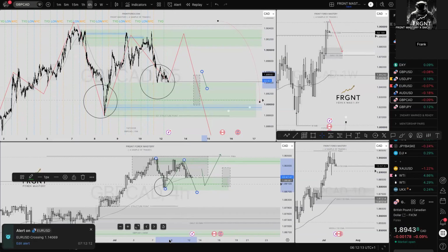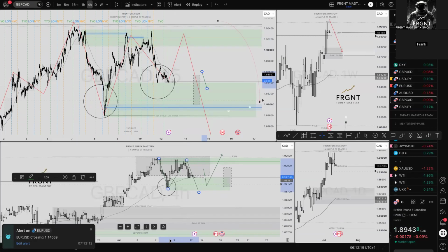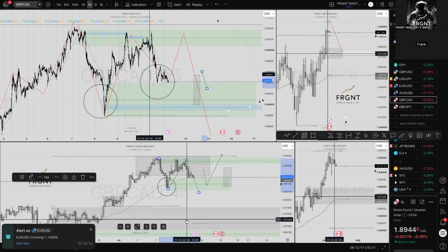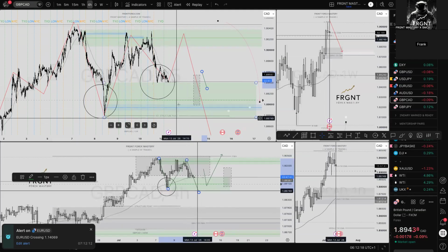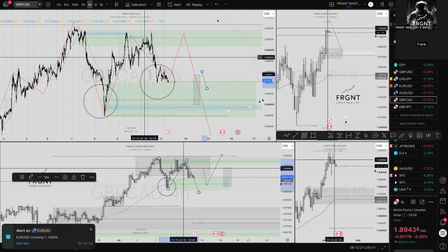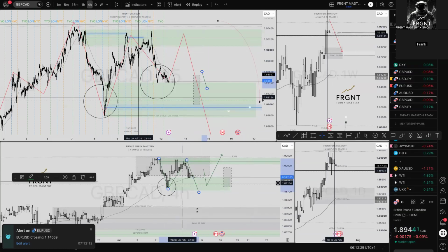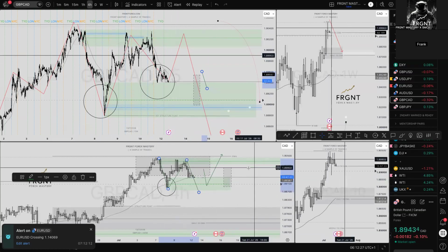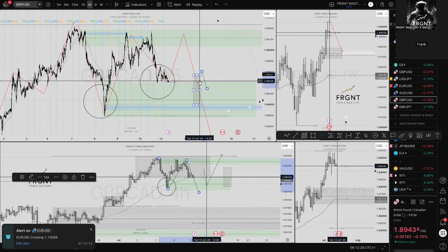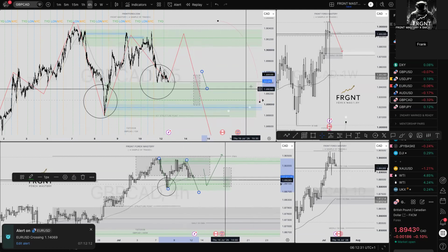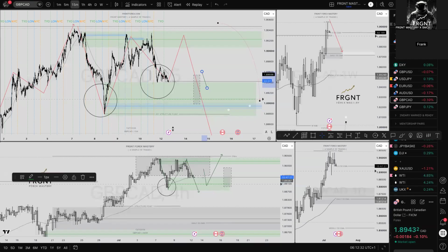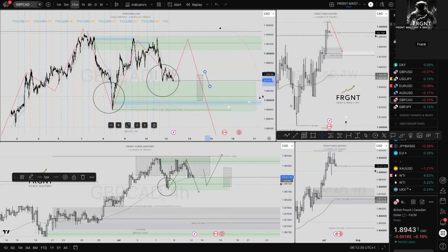Now, because I have two conflicting doubts, you're only ever 50-50. So the fact that I have doubts anyway means that I should probably just sit it out, because I can understand why I could take a long, but I could also understand why I could take a short based on the clues and the confluence that we have. So what I'm going to do for now is just wait for price action to develop. And then when price action has developed, I'll go over that pair if it's something that I feel I'm going to be looking to trade for the day.